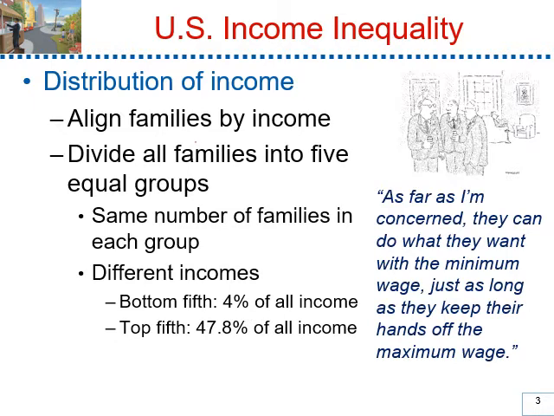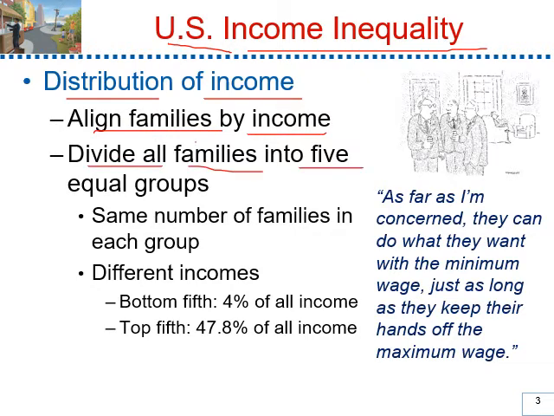We are going to measure US income inequality by starting with the distribution of income. To do so, we're going to align families by income. We're going to divide all families into 5 equal groups, so each group will have the same number of families with different incomes. For instance, the bottom fifth, which is the poorest group,